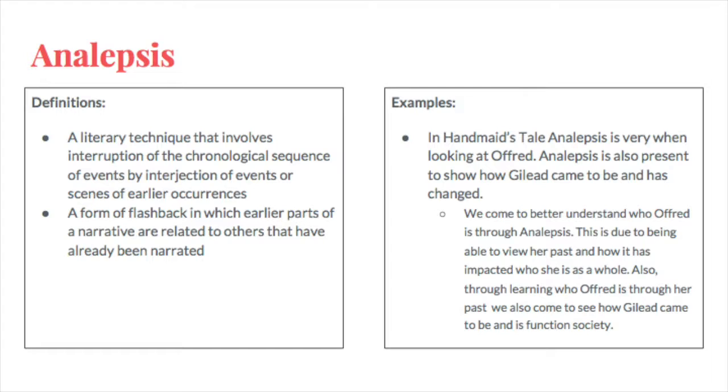This is due to being able to view her past and how it has impacted her as a whole, and also through learning who Offred is through her past in Gilead. We also learn how Gilead has become a functioning society and how it has changed over time. One specific example of this in The Handmaid's Tale is on page 28,